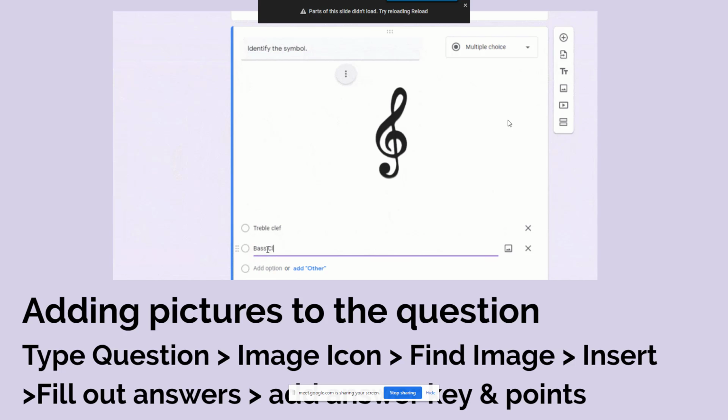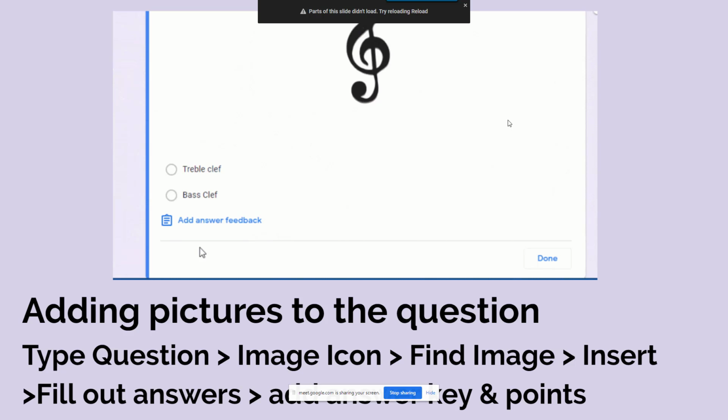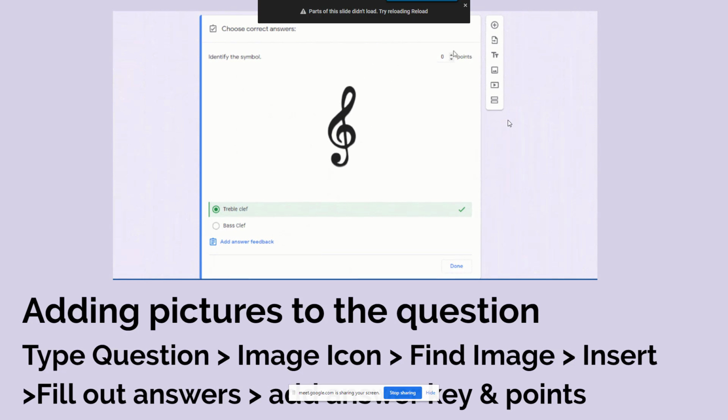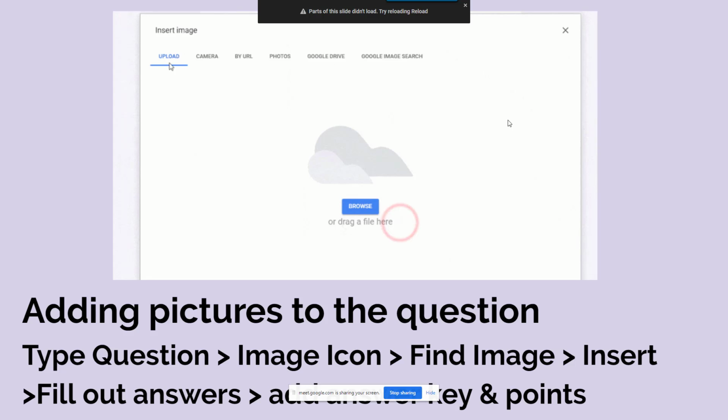Then I'm going to put in the answer key. Mark the right one, give it 1 point, and hit done. I'm going to do it one more time. I'm going to put in the question, go over to the side and get the image, upload the image from my computer,